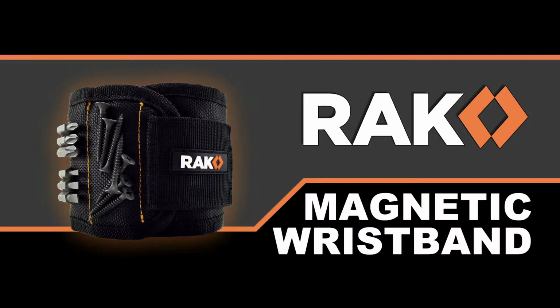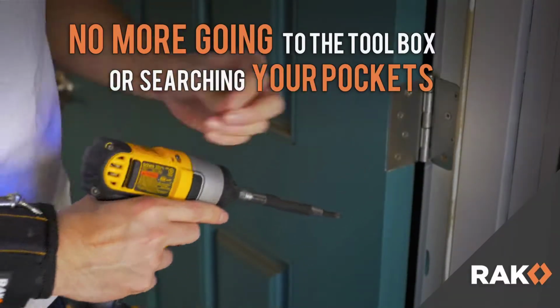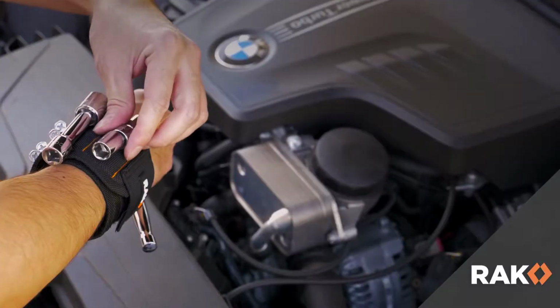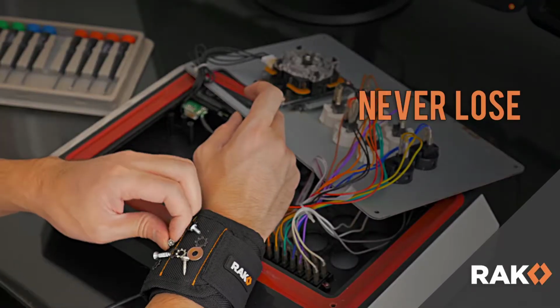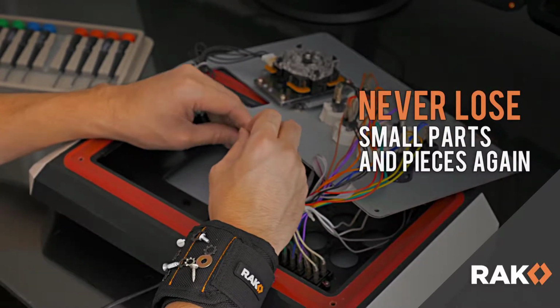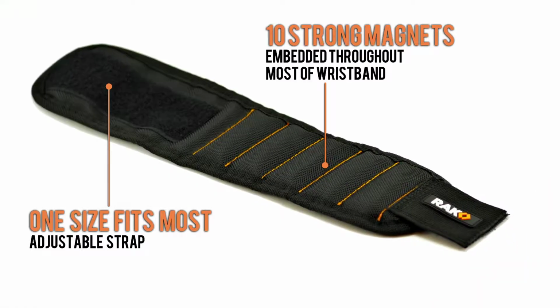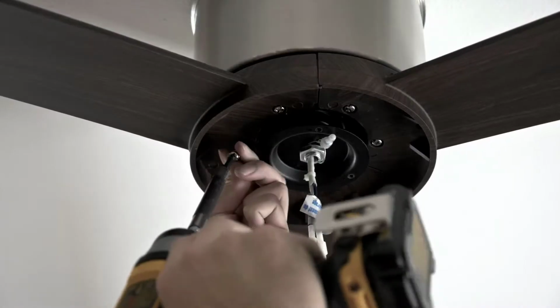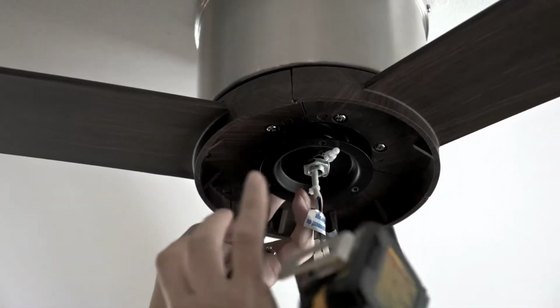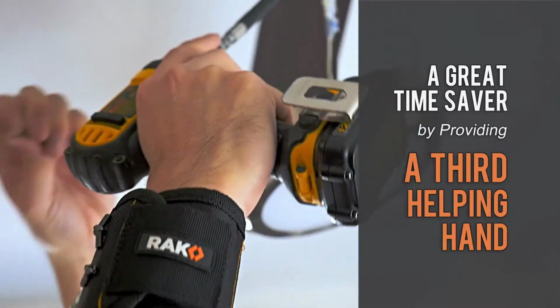With the RAK magnetic wristband, there's no need to search your pockets anymore. This innovative tool holds nails, bolts, and screws right where you need them. Never lose small parts again with 10 strong magnets strategically placed throughout the wristband. When working alone, this awesome tool is a great time saver, giving you a third helping hand for every project